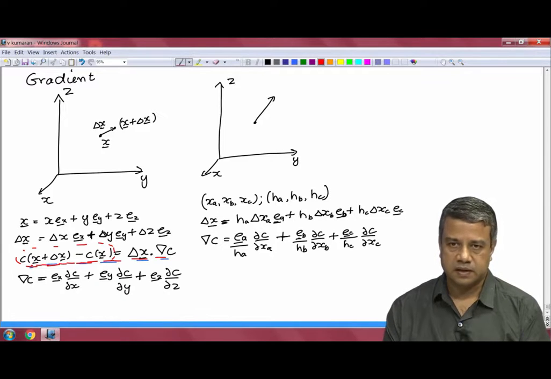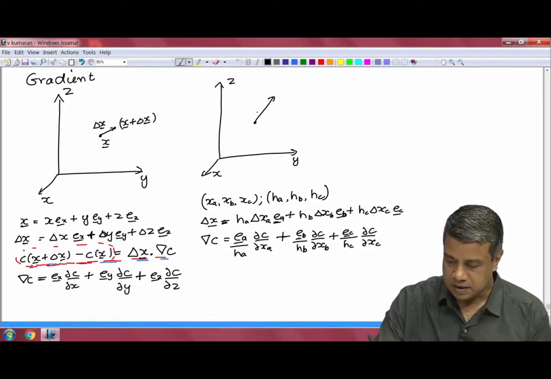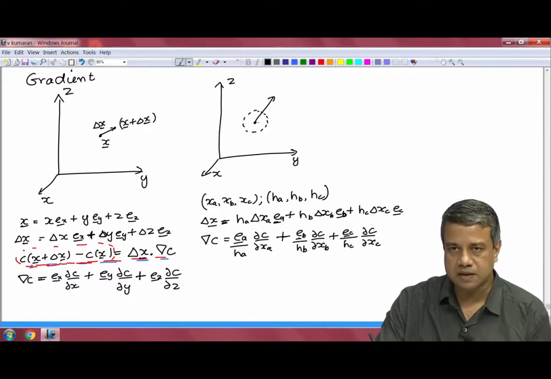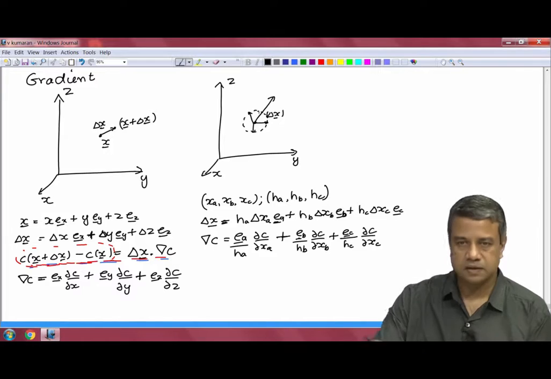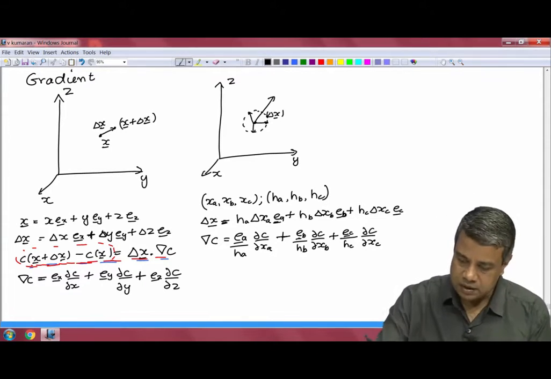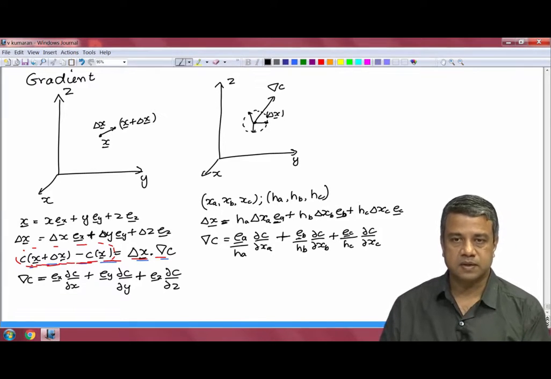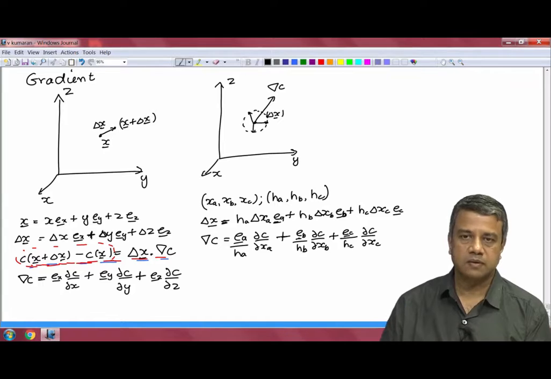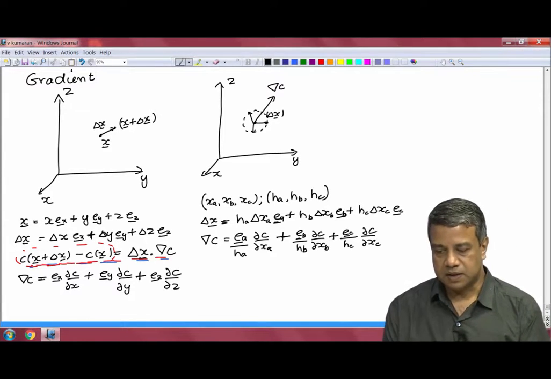Grad c is a vector and it is defined uniquely at each point in space, at a given location x. If I travel equal distances, magnitude delta x, in different directions, I told you that the change in concentration will be a maximum when grad c and the displacement vector are in the same direction, because their dot product is equal to the product of the distance times the gradient. So, grad c is along